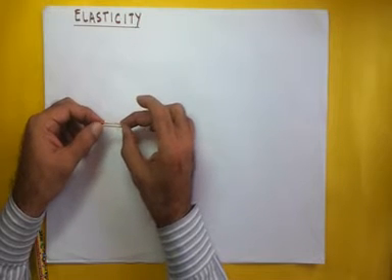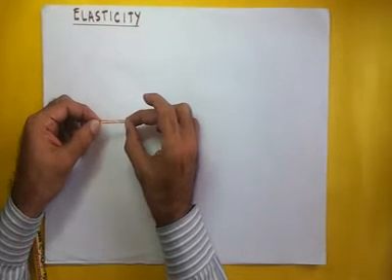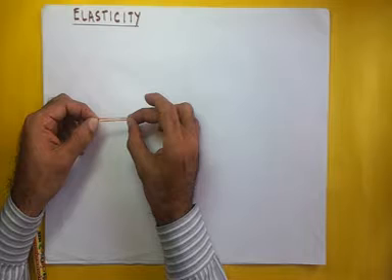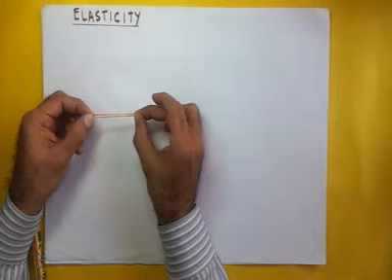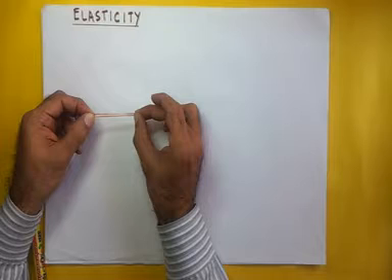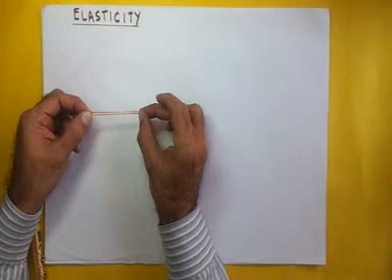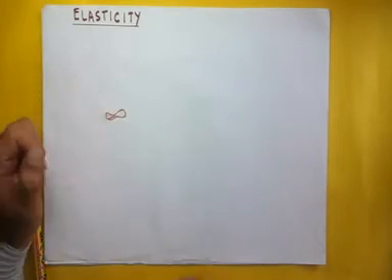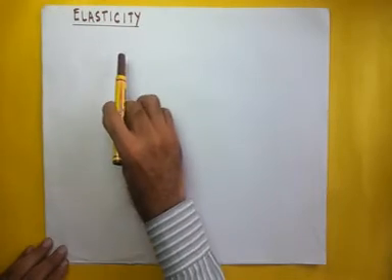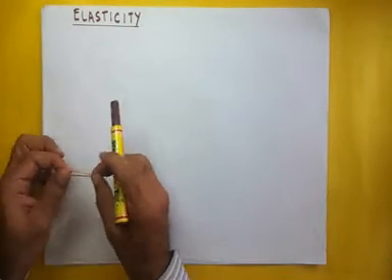When we apply a force on this, like I'm applying a force, what we see is that it is getting elongated, its shape and size is changing. But the most important property is that when I release the deforming force, it goes back to its original shape and size. This particular property is known as elasticity, the property to